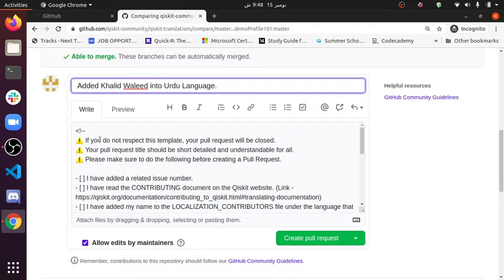The first warning sign is, if you do not respect this template, your pull request will be closed. So this template, which I'm also going to walk you through, we have to respect it, following all of the suggestions and terms and conditions. Second thing is, your pull request title should be short, detailed and understandable for all.